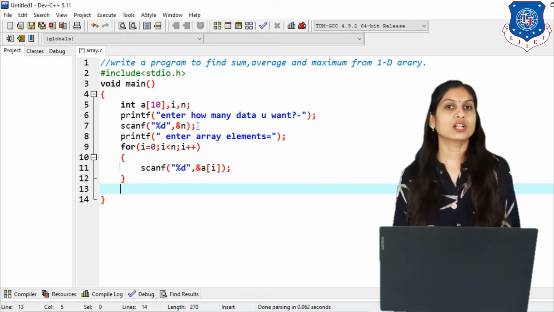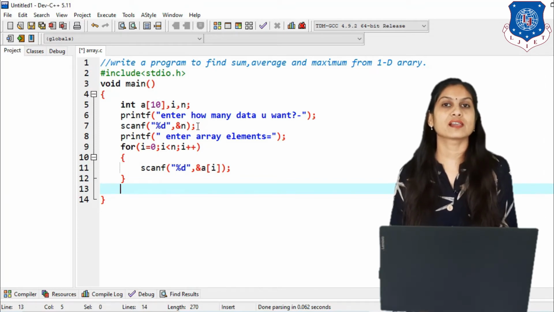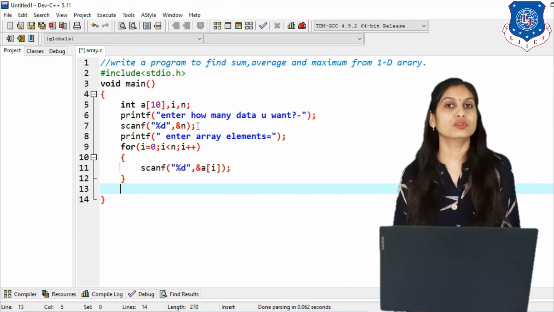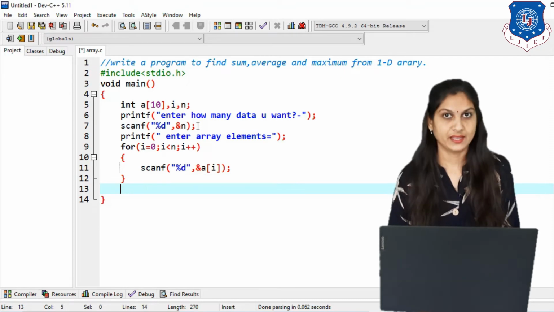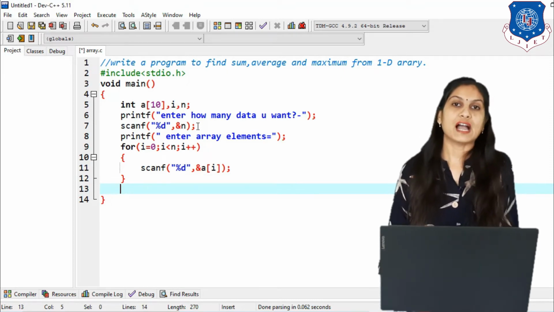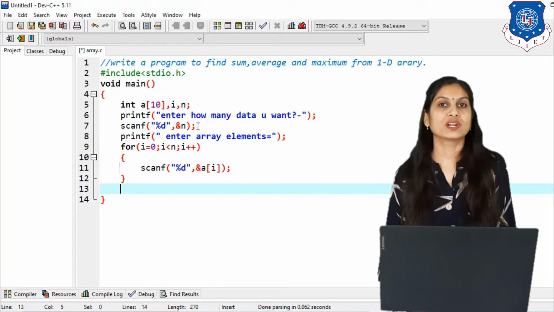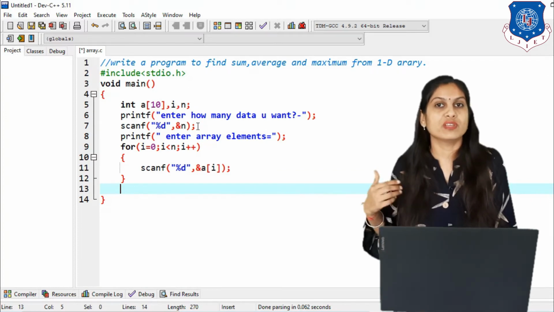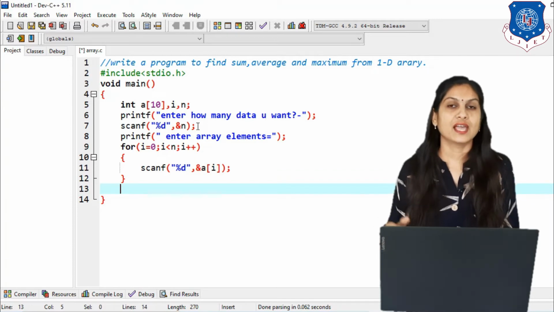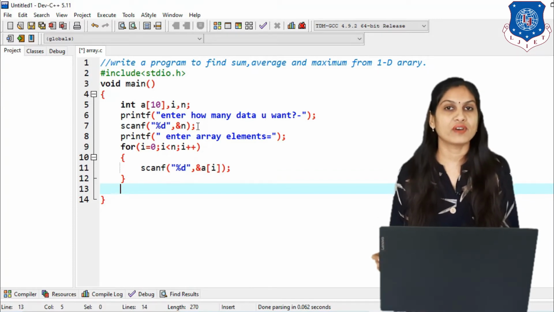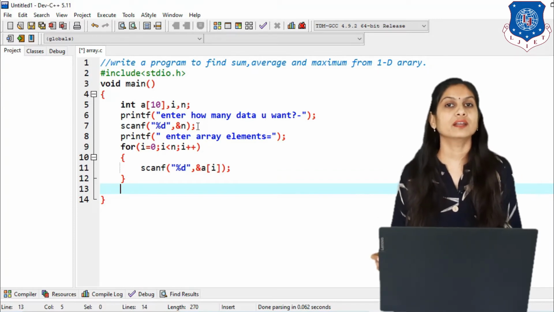Just recall the previous lectures where we wrote the sum of 1 to n numbers in our algorithm and flowchart. The formula is sum equals sum plus i. Clear? Instead of i, now we put A of i, because we want to add the sum of array elements.